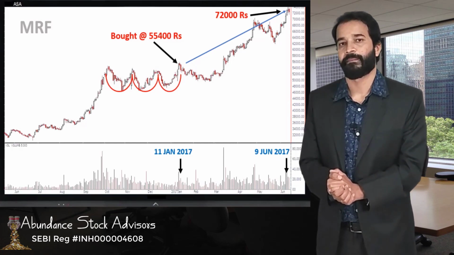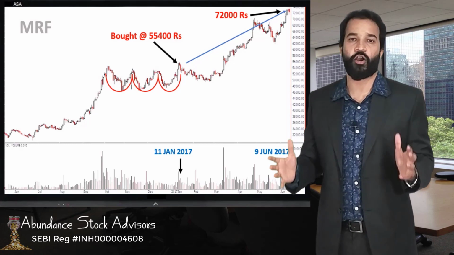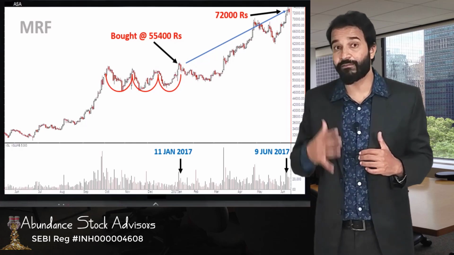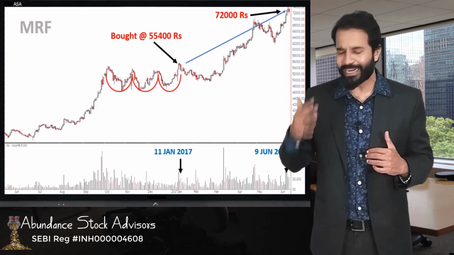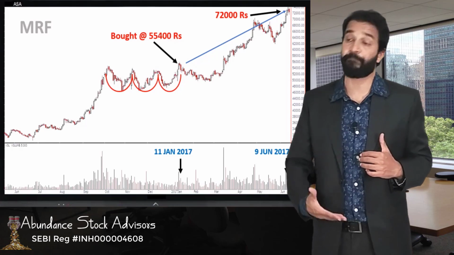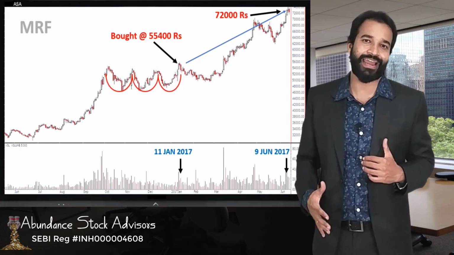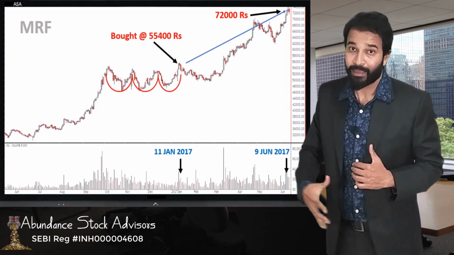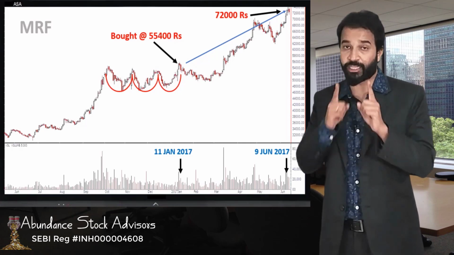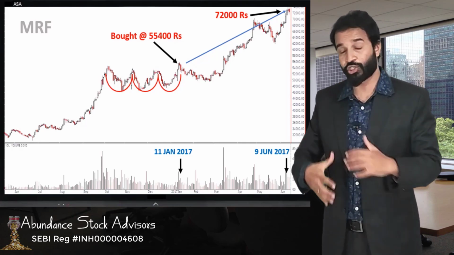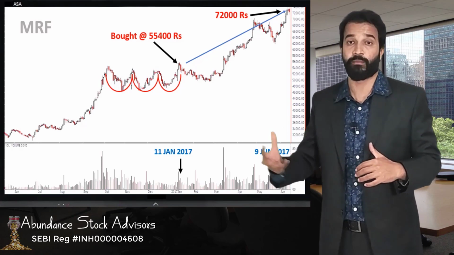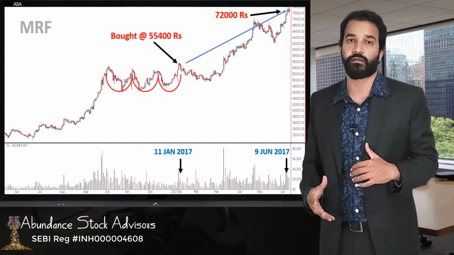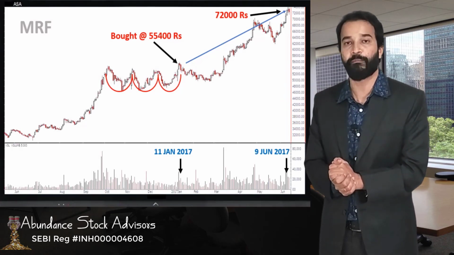So friends, chart patterns is a very beautiful way of picking stocks for investments. But you need to understand that these patterns just give us a direction to proceed. But it's not necessary that the stock would always move as the pattern expects it to move. Understand that technical analysis is here to give us a direction. It just shows us a way. But that doesn't mean that the stock would move as per your calculations. A stock can even fall after a rounding bottom or a double bottom. Yeah, that's possible. Had that not been the case, then every investor would have made money in the stock markets. But that doesn't happen, right?